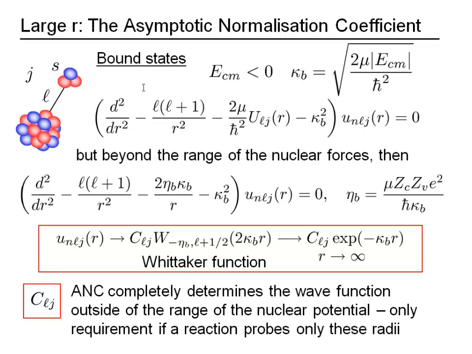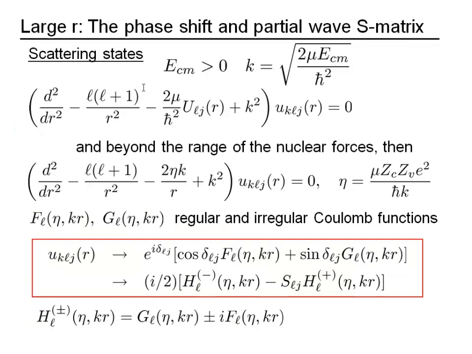Okay, so let me remind you about our phase shifts. Because scattering solutions, it's the large distance behavior that determines what you actually measure in detectors at infinity. So when we solve the scattering problem, we solve this radial equation for positive energies. Then once again, as you will know, if I go to large distances and outside the range of the nuclear